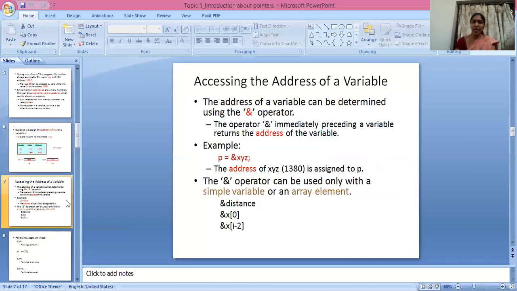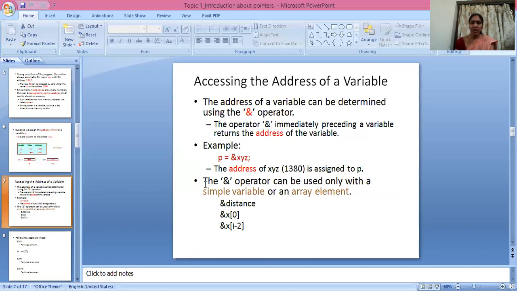Next, accessing the address of a variable. The address of a variable can be determined using the address symbol, the ampersand. That means the address operator. The operator & immediately preceding a variable returns the address of the variable. Here is the example: p = &xyz. Here the address of xyz, 1380, is assigned to p.